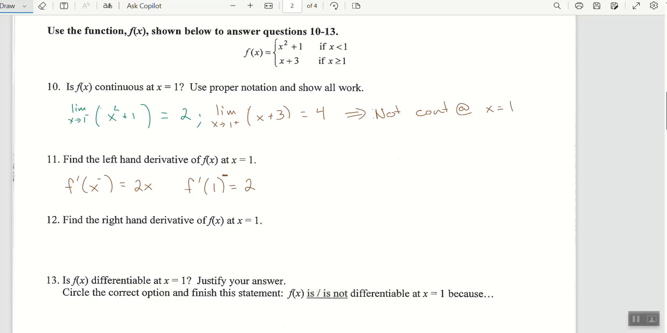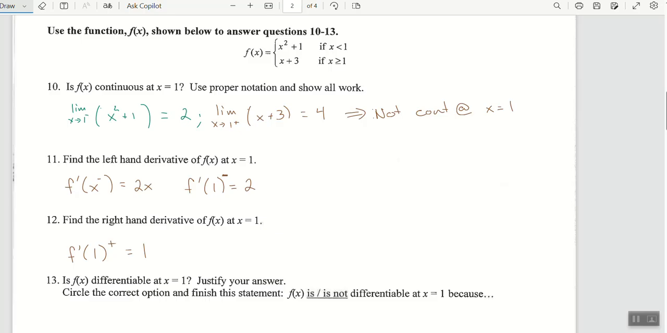Okay, what about the right derivative at 1? I'm just going to do it like this. F prime of 1 from the right. 1, because the derivative is just 1. No matter what x I pick, it's 1. Okay. So there's that question. Now,